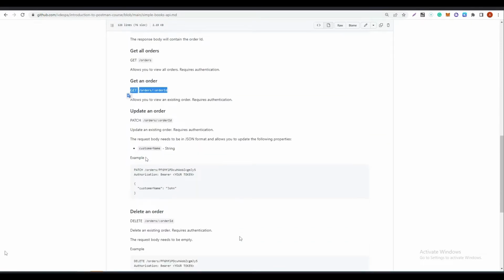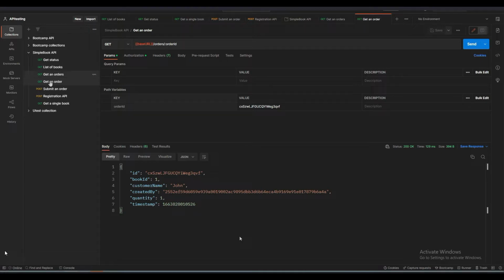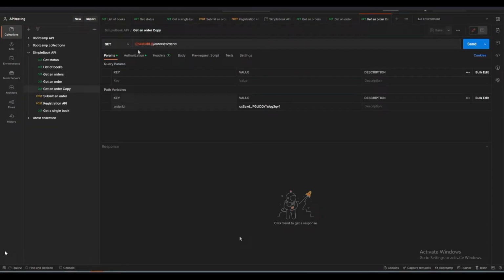Update an order. Well, this is interesting. Here we have a new method, patch. So let's copy this, return to Postman, and duplicate one of the previous requests because we are lazy persons, yes. Let's rename this and call it update an order. Choose the patch method. Change the URL, it will be the same. Okay,